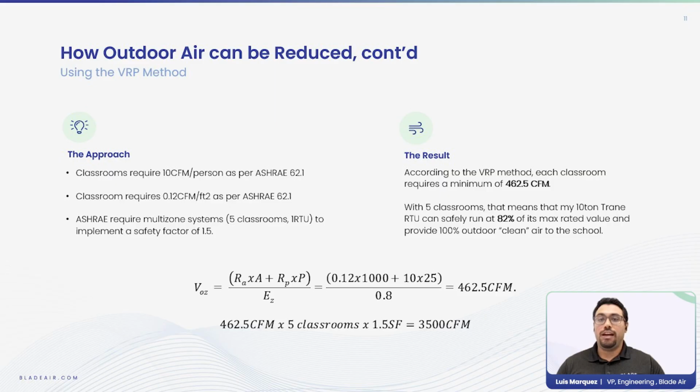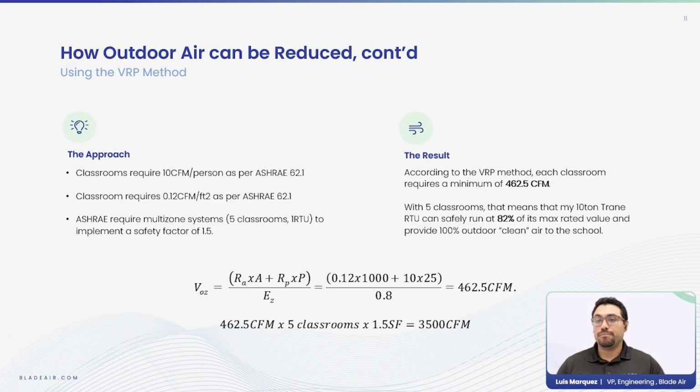So for the VRP method, the calculation is really very simple. ASHRAE gives us how many CFM per person is required for a classroom, and it actually gives us how many CFM per square foot. We can just plug these directly into that first equation, which is saying, this is how many square feet I have, this is how many I need per square foot, this is how many people I have, this is how many CFM I need per person. And then dividing by our duct efficiency, we see that for each one of these theoretical classrooms, I would need